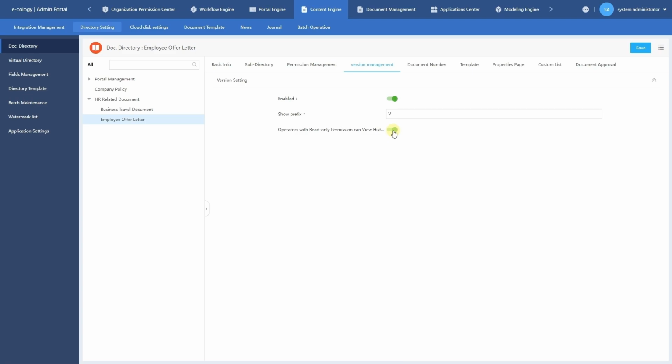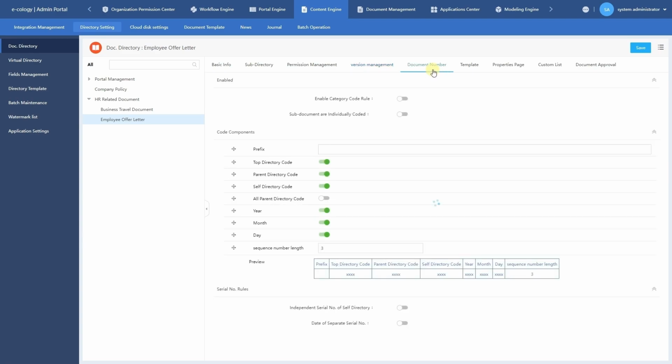The next setting will be the document number. First, click on the document number tab. Then we can enable this category called rule. If this function is enabled, when we created or uploaded a document, the system will generate a document number based on this code component. As you can see here, we can add a prefix, display directory code, date, and change